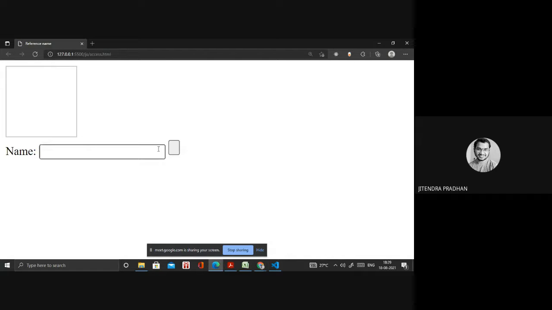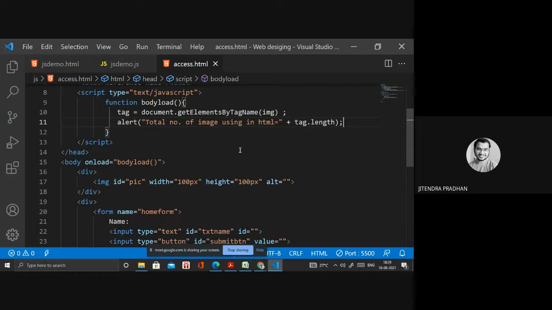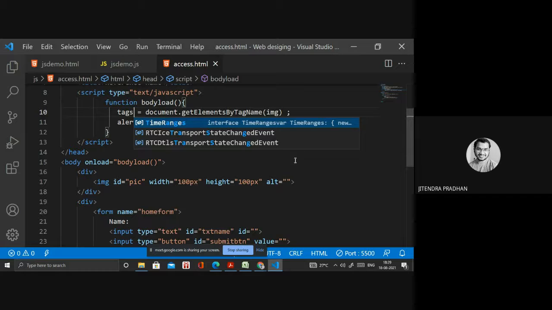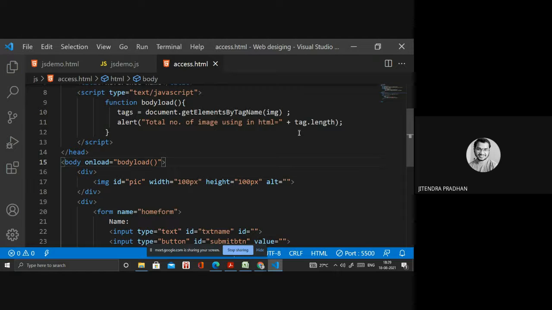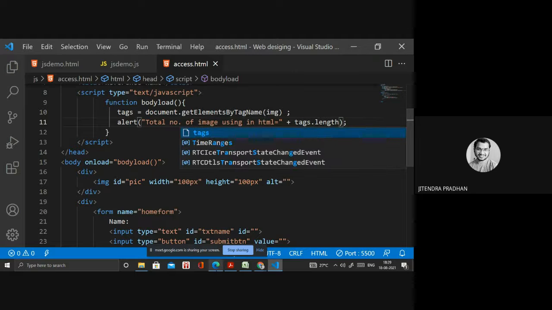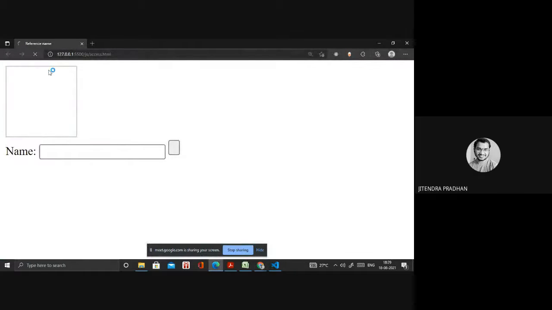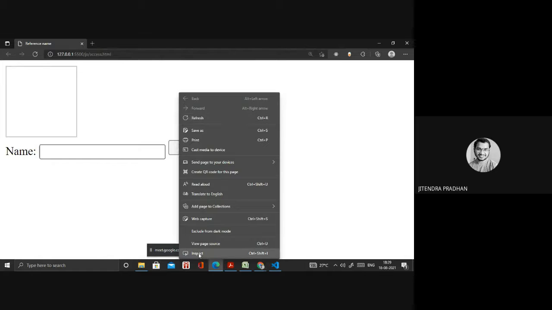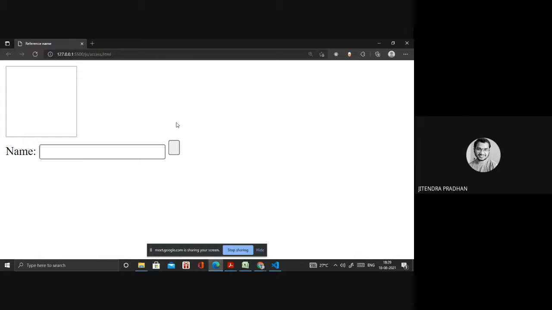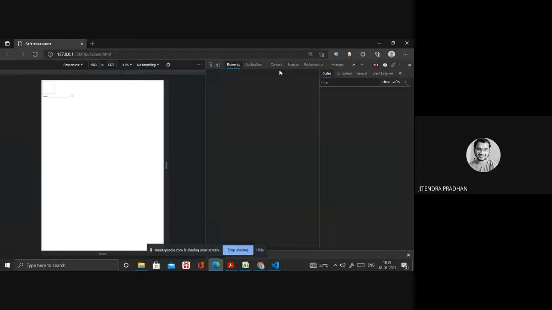It's not working. Wait, I'll check. Alert is not working. Body load function text. What happened? Is there any error inside that?